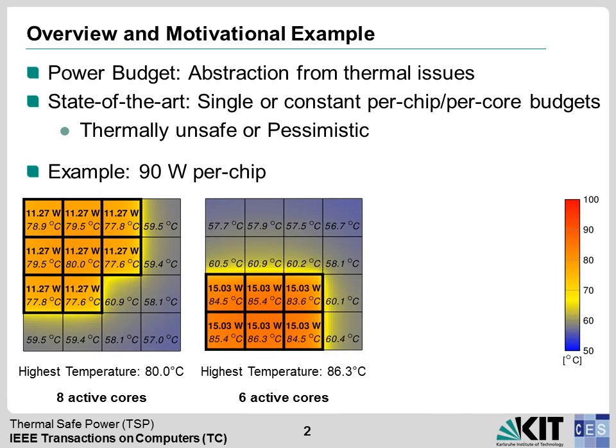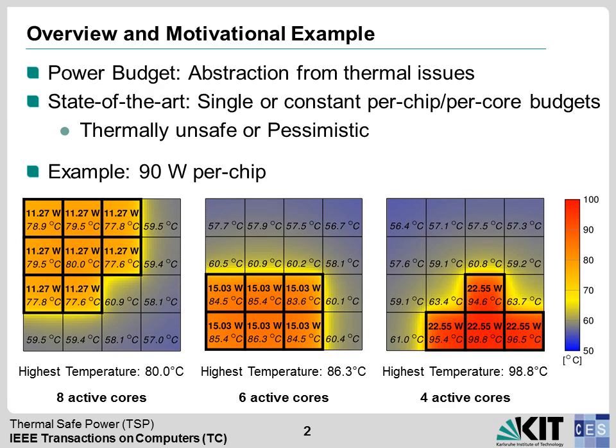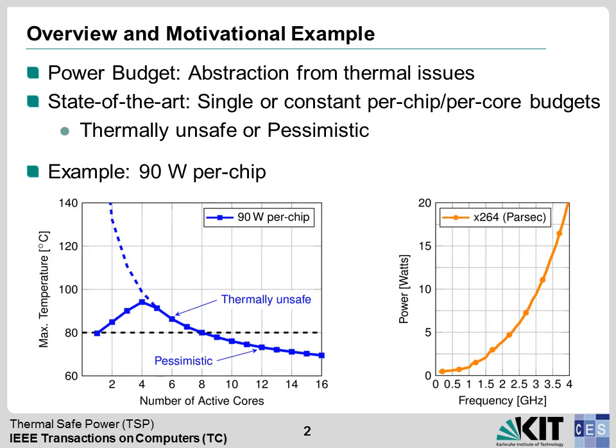Contrarily, when we equally distribute this 90 watt in less than 8 active cores, we observe that the maximum temperature in the chip is above the critical temperature, meaning that some dynamic thermal management technique would be triggered, thus decreasing the temperature in the chip at the same time that the performance is also decreased, which is not a desired behavior. If we now plot the maximum temperature in the chip when we have different numbers of active